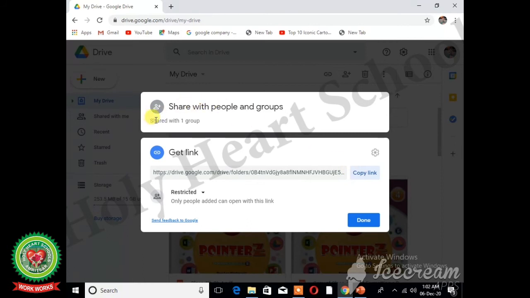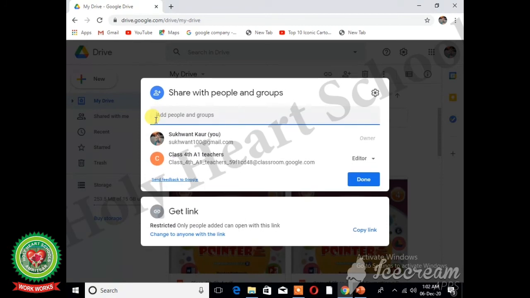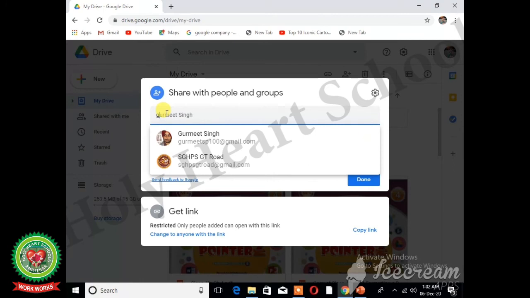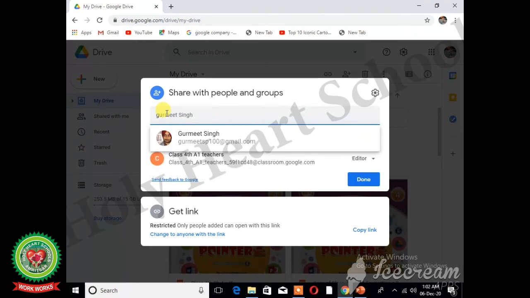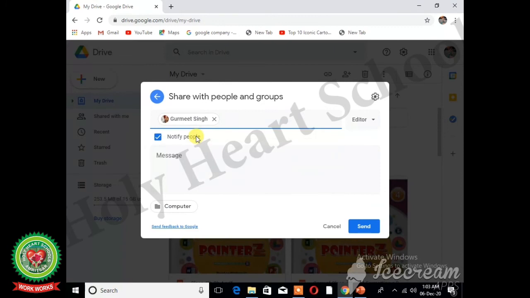we will click in share with people and groups. Here we will select the people with whom we want to share our folder. For example, I want to share this folder with Gurmeet. So I will click on it.